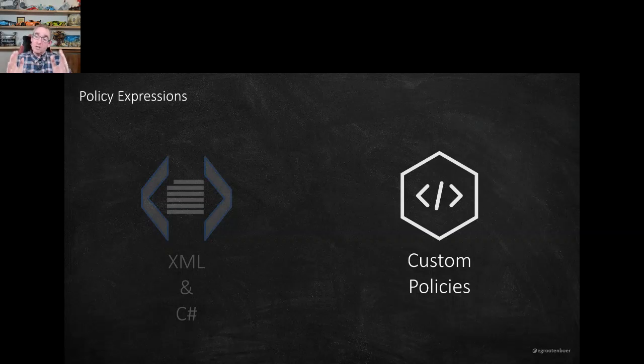Now, do know that with custom policies you can do some things with .NET, but it's not like you can build a full API in this or something like that. It's restricted to mostly JObject and string methods that you can use. So you cannot really change the context, but you can update your message itself, like the body and stuff like that. So this is when you need that bit more flexibility when you cannot reach this with out-of-the-box policies.